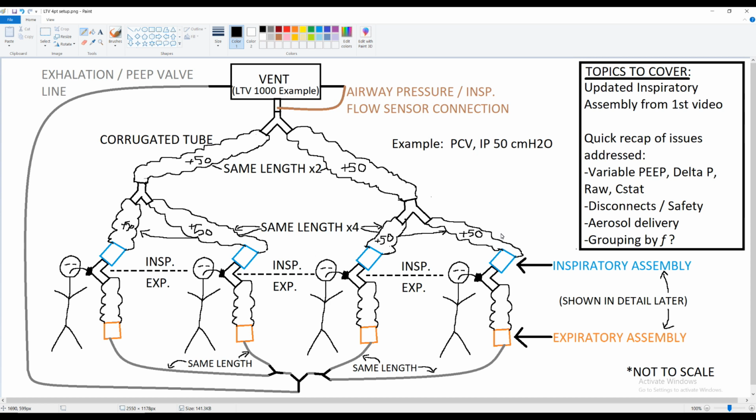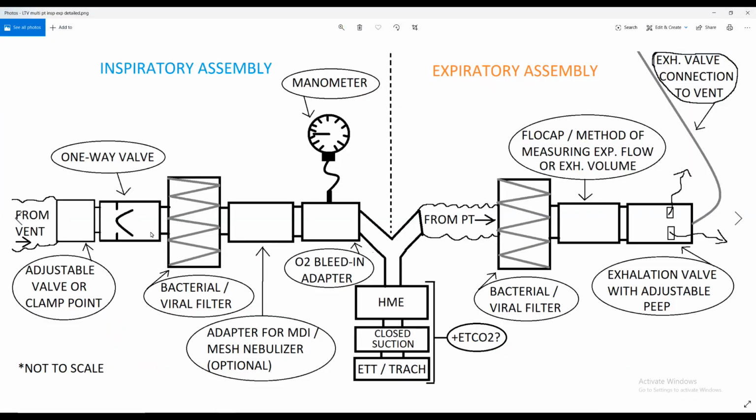So the ventilator kicks, it's delivering the patient their whatever it is, 1.5 or 2 second long, 50 centimeter of water pressure breath. Well, we don't want all the patients to get 50. How do we stop them all from getting 50? We have this wonderful clamp point or adjustable valve right here, whatever form that takes, whatever you have available to you. So we can cut that 50 that's coming from the ventilator down to whatever we want the patient to get, still take advantage of the wonderful one-way valve filter,